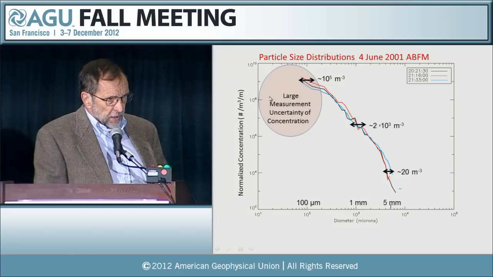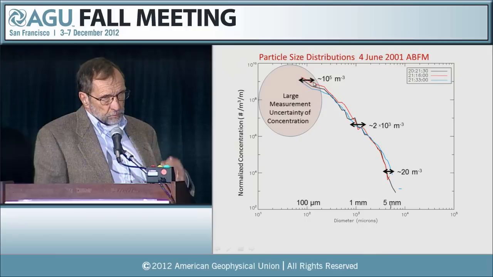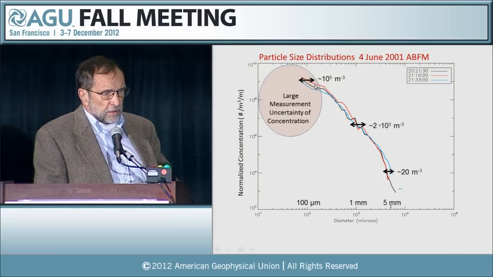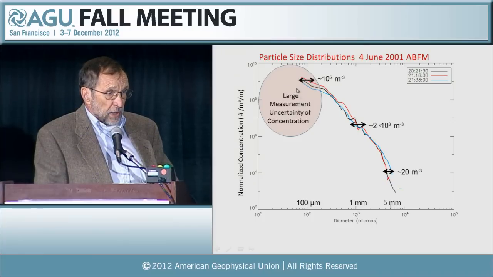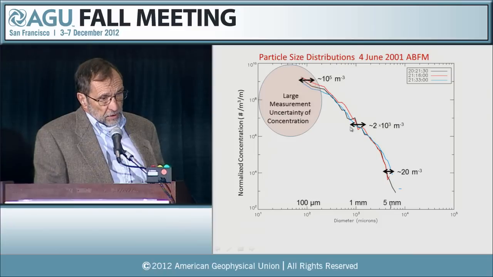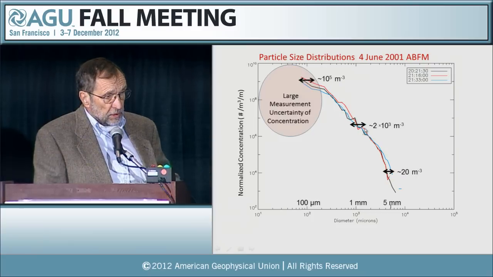I want to point out that there's very large measurement uncertainty with the instruments we have here, breakup on the probe tips, also some of the electronic optical characteristics. In this region, there might be errors of a factor of 5 or as much as 10. Whereas in this region, there's uncertainty, but it's probably well less than a factor of 2, I would say.